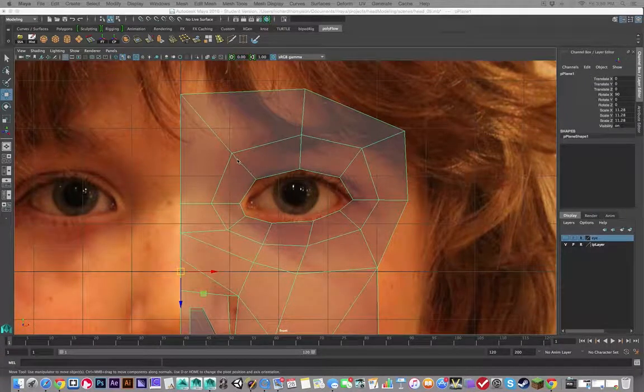So let's make a few little fixes and add some details. The first thing I want to do is, I'm not crazy about this quad. I mean, it is a quad, but it's at a funny angle. So I'm just going to fix a few things, and I'm going to use my